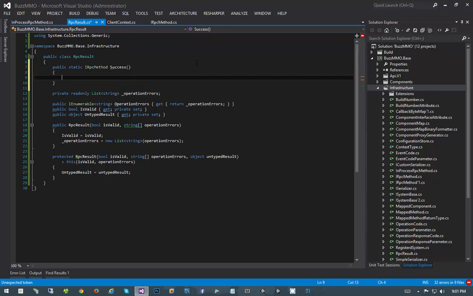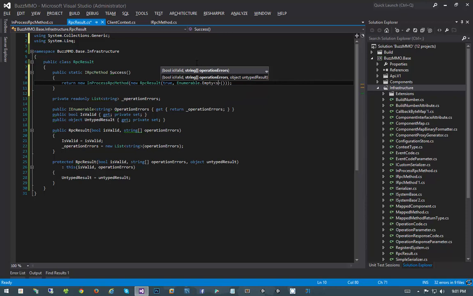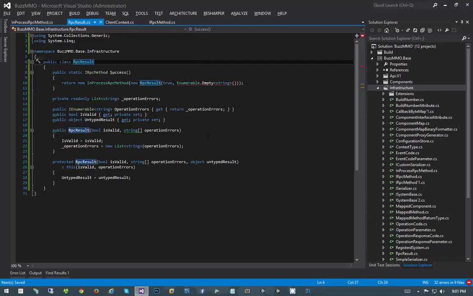I'm just going to make it a method. So return new in-process RPC method, return new RPC result, is valid true, and then operation errors, I'm going to say Enumerable.Empty string, but what I'm going to do over here is change our string constructor to accept an IEnumerable of string rather than a